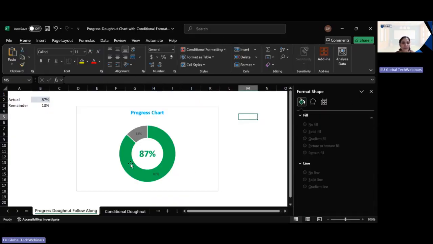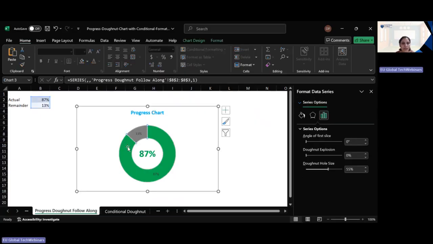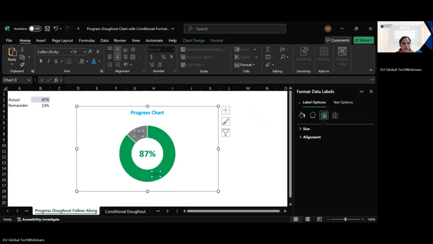So as you can see over here, this is a simple donut chart, and it is displaying your actual percentage of 87 and your remainder of 13%. Now what we are going to do is create the dynamic chart. That means,